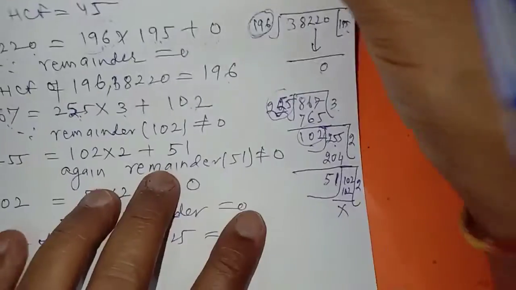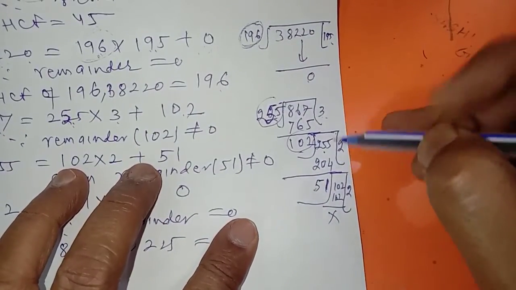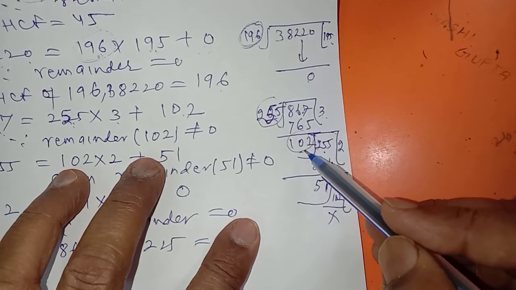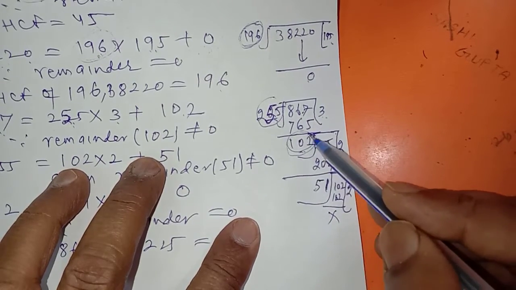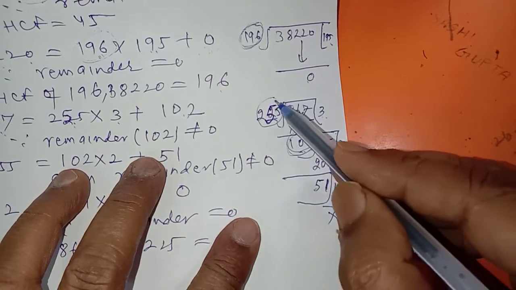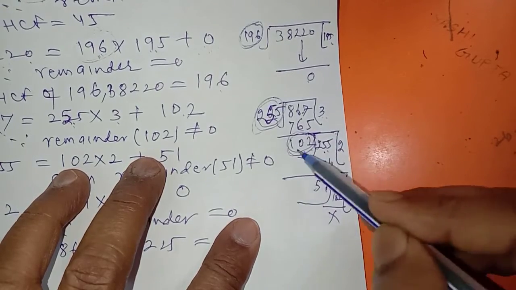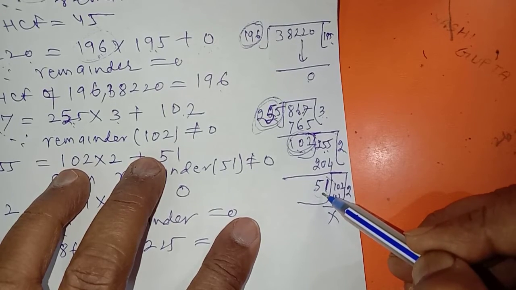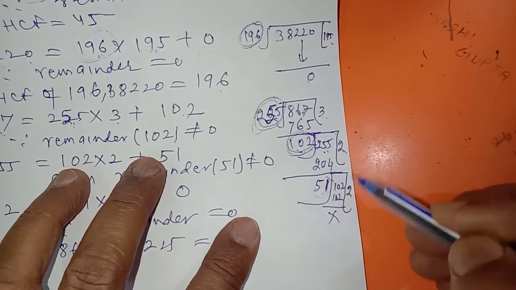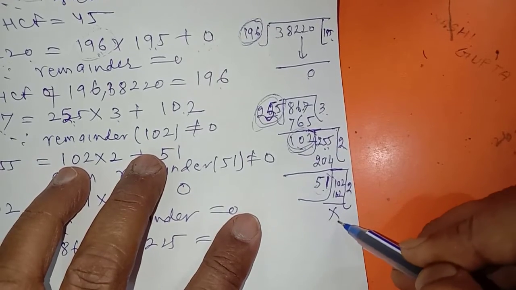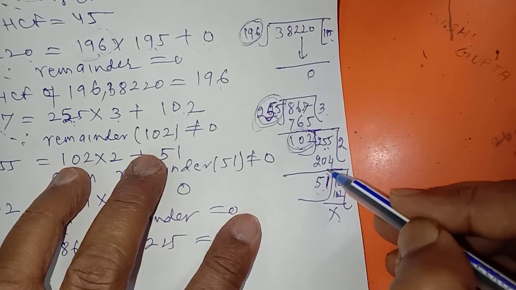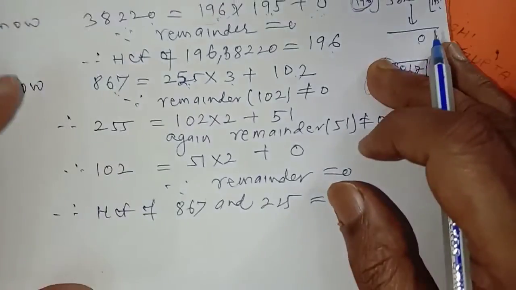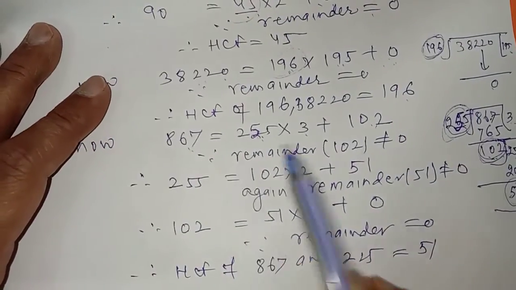So this is the method of HCF we did in your lower classes. Greater number को smaller number से divide करिए. You find the remainder. If the remainder is not 0, then this will be your divisor and the original divisor will be the dividend. Again divide. Again, if the remainder is not 0, then it will become the divisor and the original divisor will become the dividend and divide. If the remainder is 0, then the last divisor will be the HCF. You can do it first in the rough column and then you convert into this division algorithm. ये थोड़ा सा easy हो जाएगा.